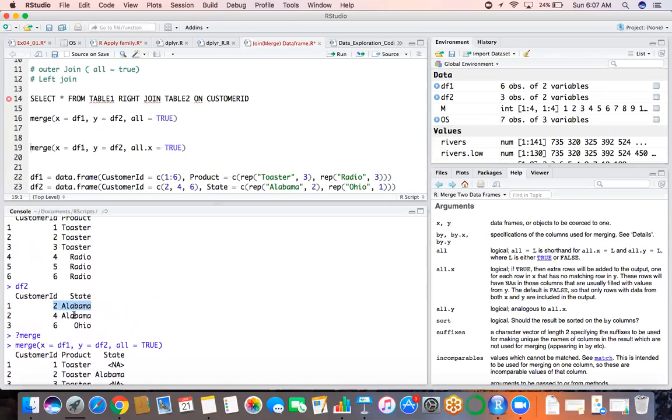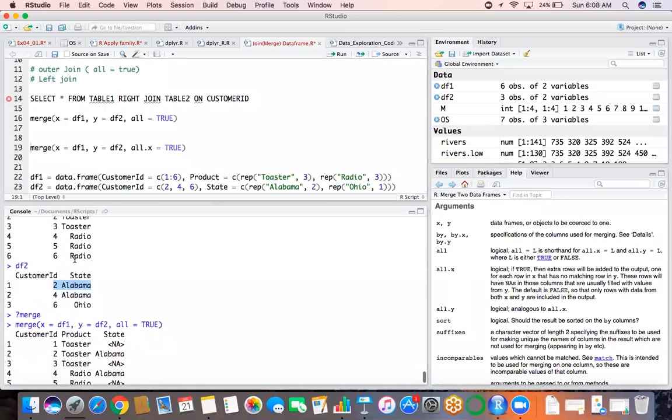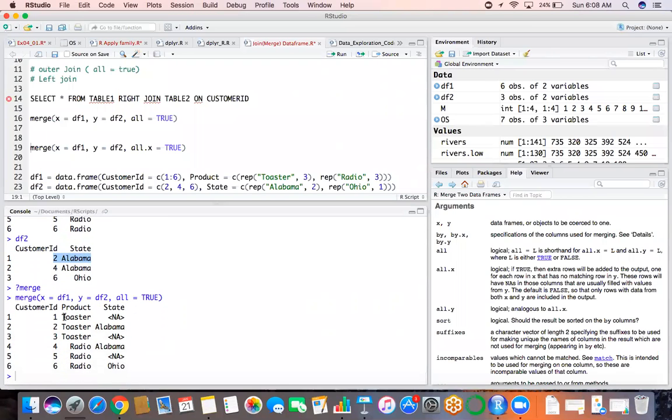But since we used outer join, and outer join states all is equal to true, that means I want all the data set from both the tables. So there will be no missing values. You'll get all the columns. See, nothing is missing. But if you specify,